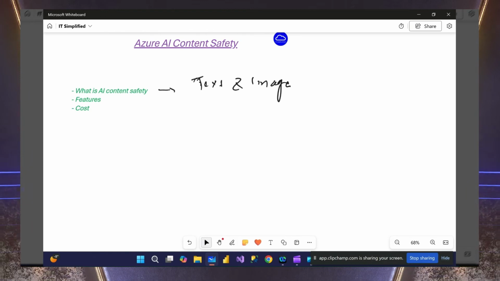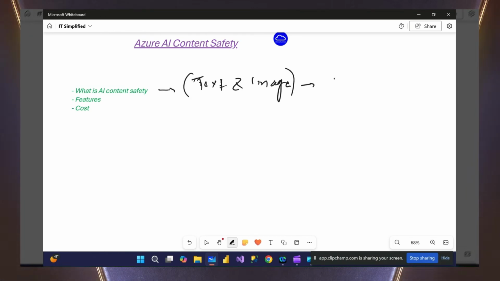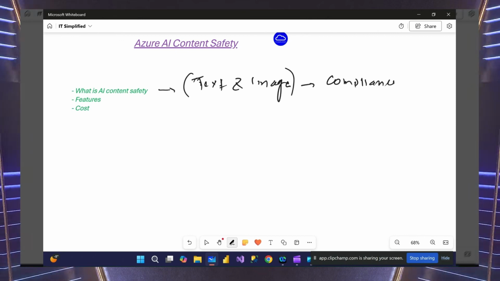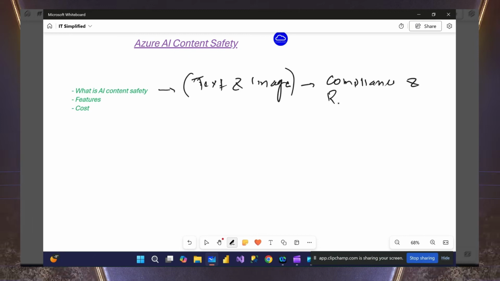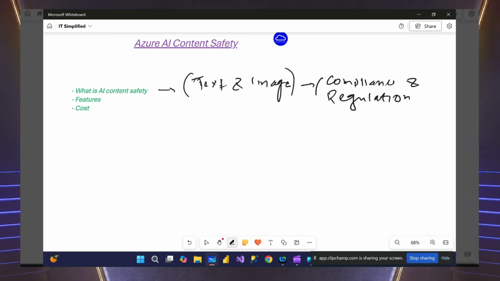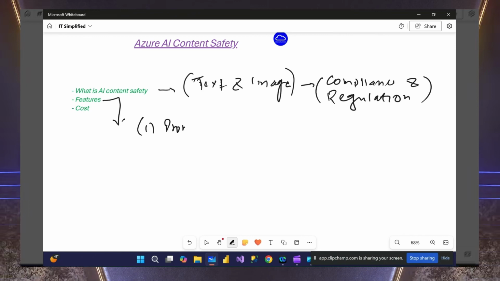And why you'll want to do that? Because it will help you to achieve compliance and regulation. Obviously, it will also help protect your application too, right? But what makes this service really unique are the features which are part of this. So let's talk about that, starting with Prompt Shield,